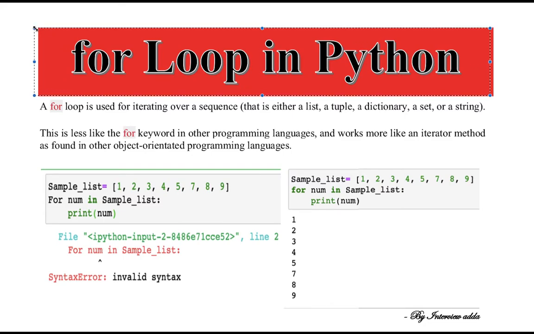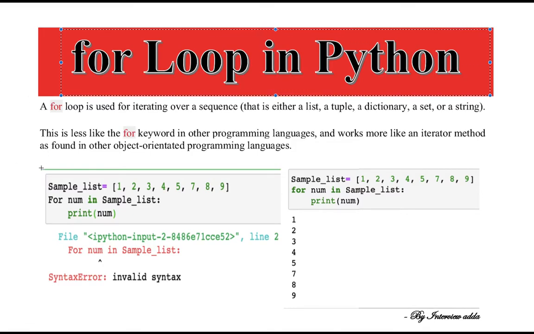In this video, we are going to discuss some important concepts around the for loop in Python, right? First of all, we should know why we use it. For loops are traditionally used when you have a block of code which you want to repeat a fixed number of times. In Python, the for statement iterates over a sequence in order to execute a block a specified number of times.